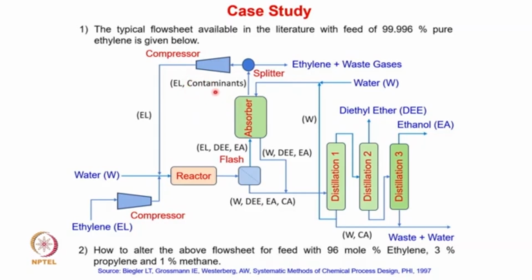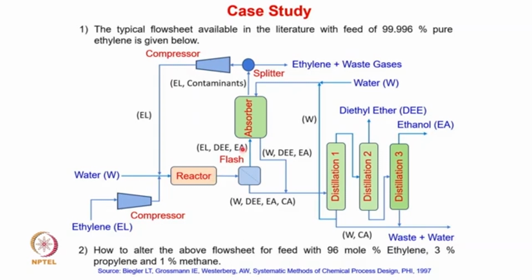So this particular gas then undergoes the splitter, where the ethylene is separated, whereas some amount of ethylene and contaminants are separated as a purge, whereas the ethylene coming out from the splitter is then again compressed in the compressor to increase the pressure up to 69 bar, which is the same as the pressure required in the reactor. And once the gas is pressurized, it is mixed with the feed here, and the feed is then charged to